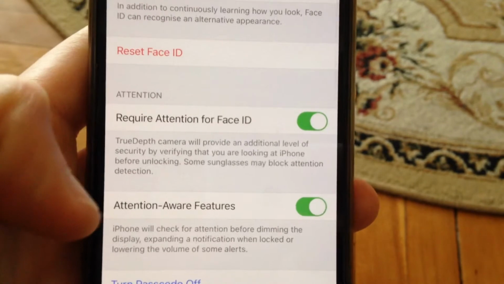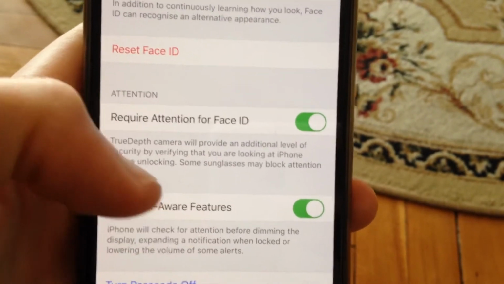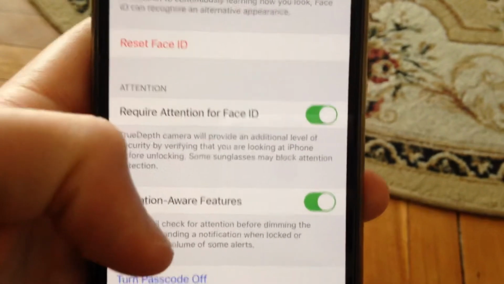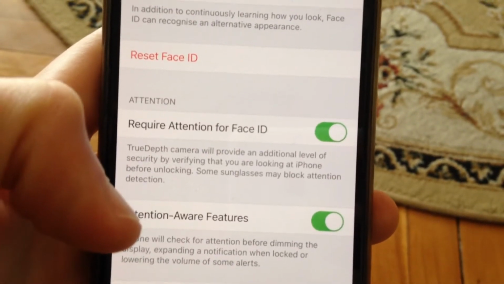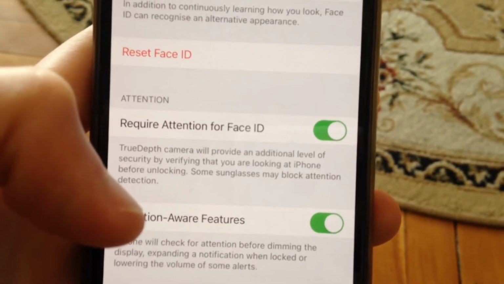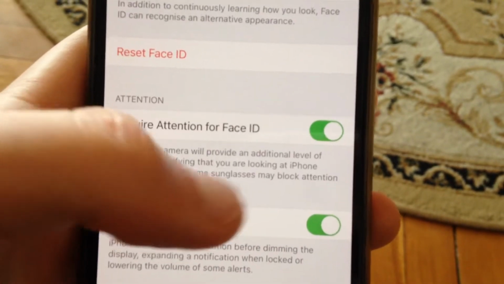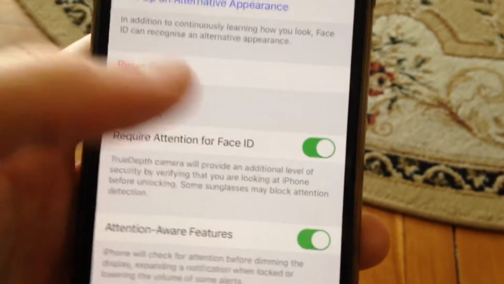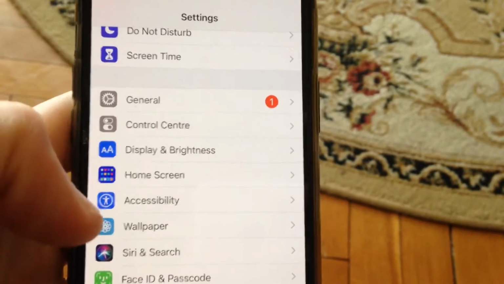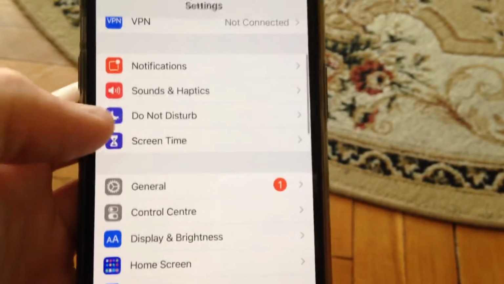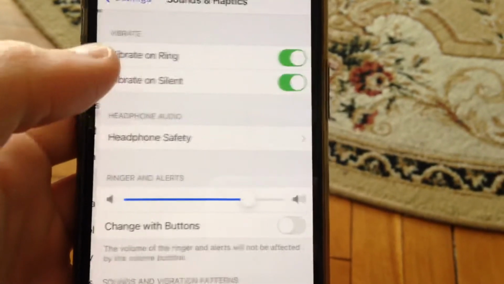scroll down. Here you will see Attention Aware Features. iPhone will check for attention before dimming the display, expanding a notification when locked, or lowering the volume of some alerts. So just turn it off here,